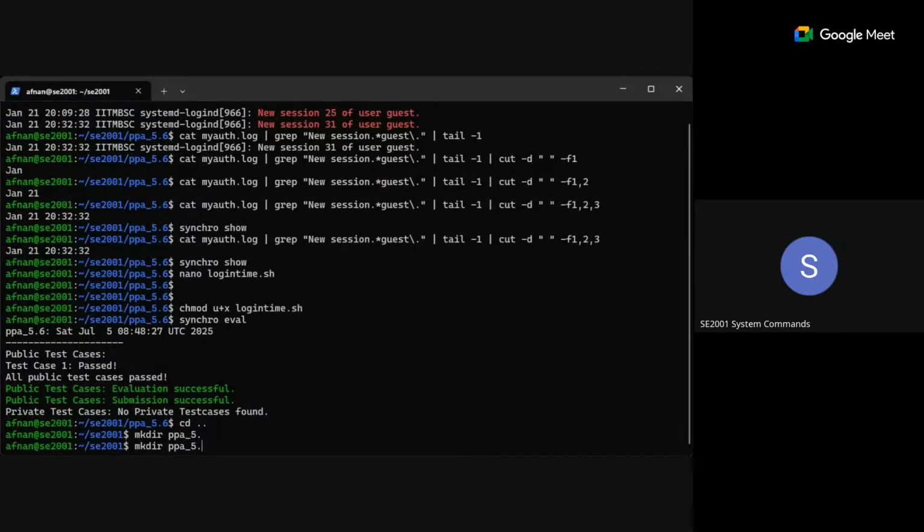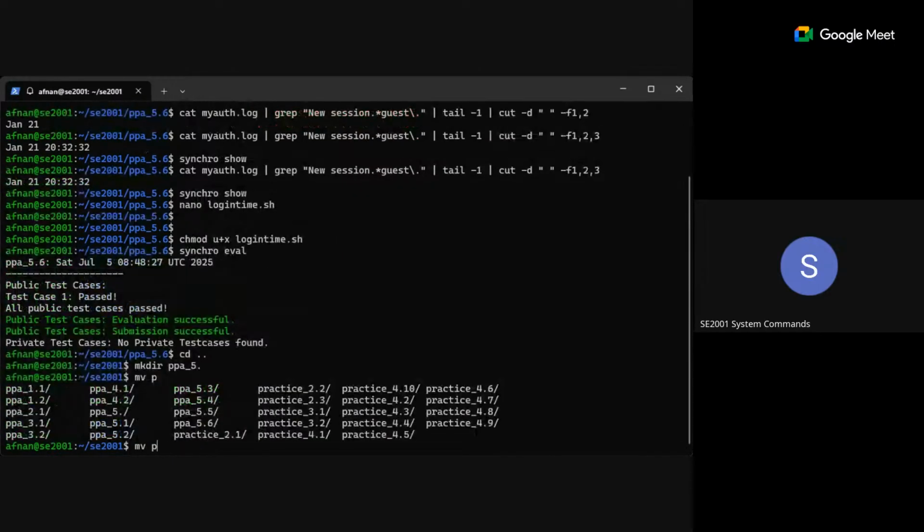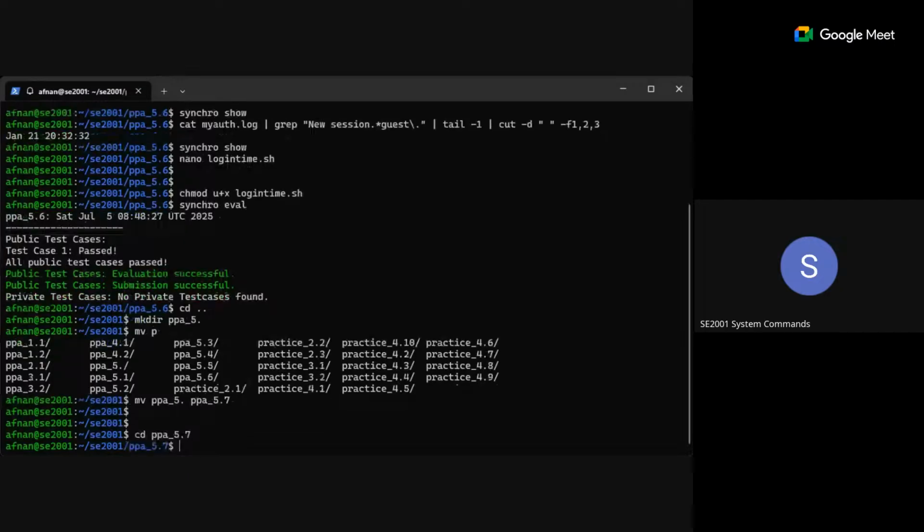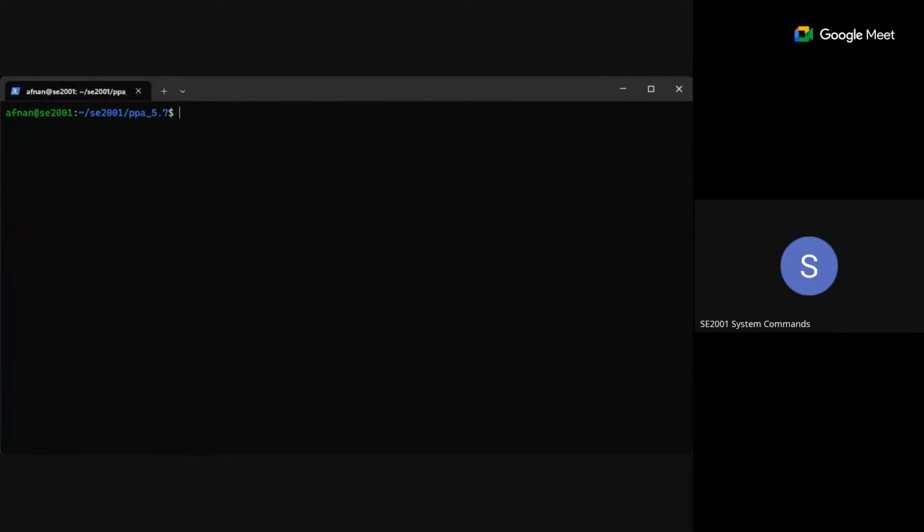5.7. Oops, I think I've created a wrong directory, I think. So what I'll do is, yeah, this one's created, right? So what I'm doing is I'm moving this. So it's just to rename it, basically. It is already created, right? So 5.7. Yeah. So that one got moved to that one. And we will open it. Okay. Now,